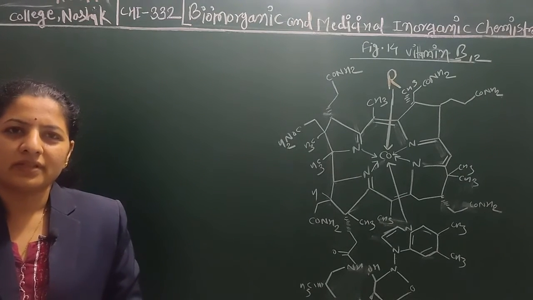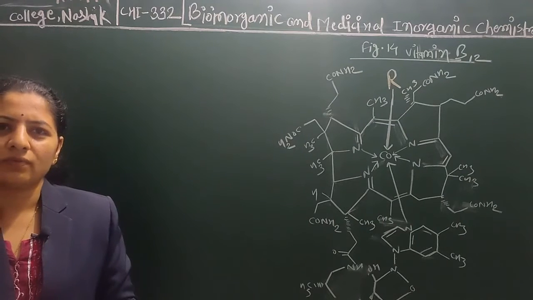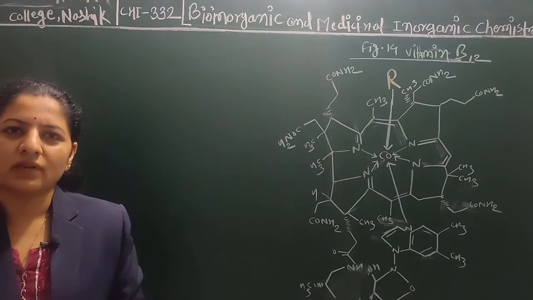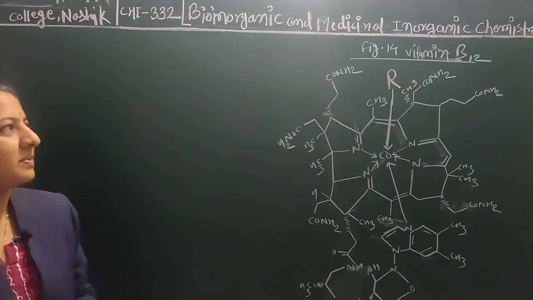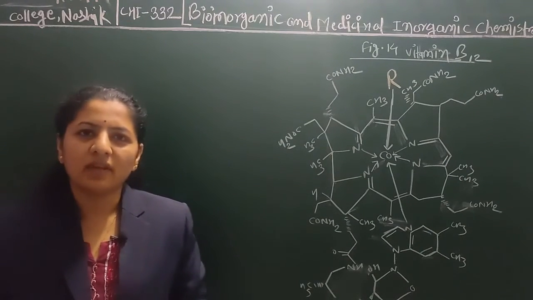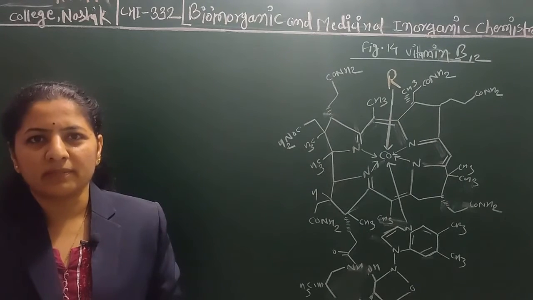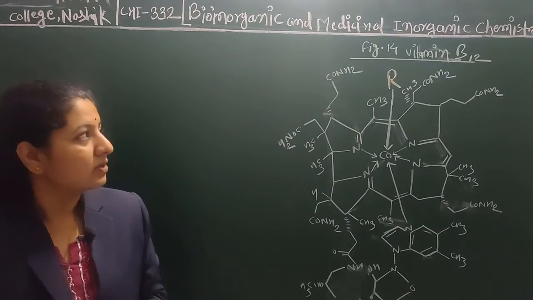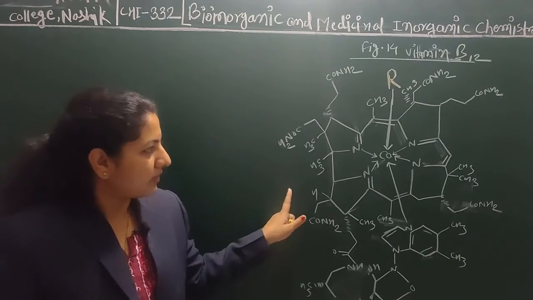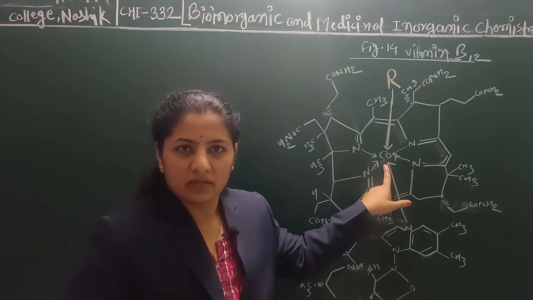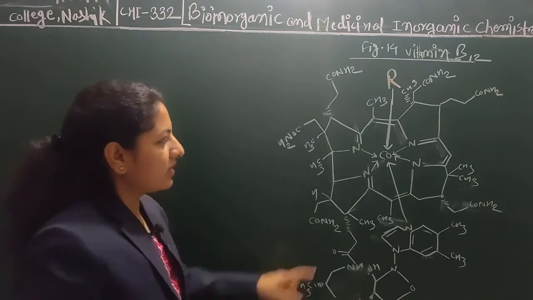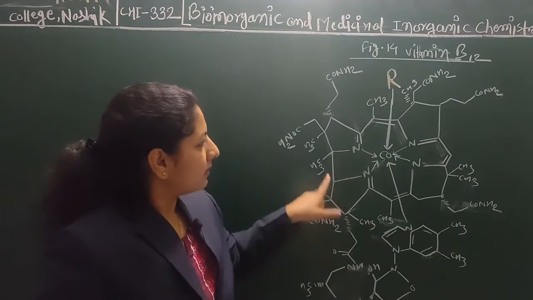In the previous lecture we discussed the metalloenzyme of molybdenum. Now in this lecture we are going to discuss the metalloenzyme of cobalt, that is vitamin B12. As we know, vitamin B12 is the first naturally occurring organometallic compound. If you see the figure, the cobalt is in the center, in the +3 oxidation state, and